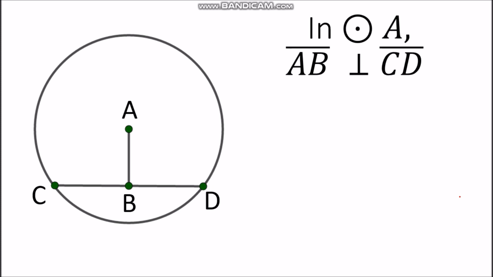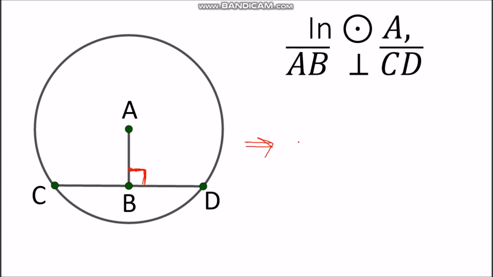Let's say you have here circle A, wherein segment AB is perpendicular to segment CD. So we know that segment AB is perpendicular to segment CD. Now, segment CD is the chord, and segment AB is a segment going from the center to the given chord. According to Theorem 105, if the segment from the center is perpendicular to the chord, then it follows